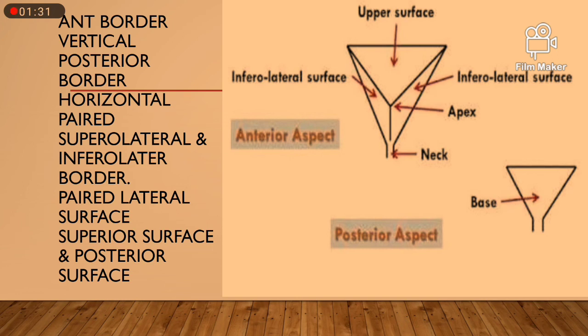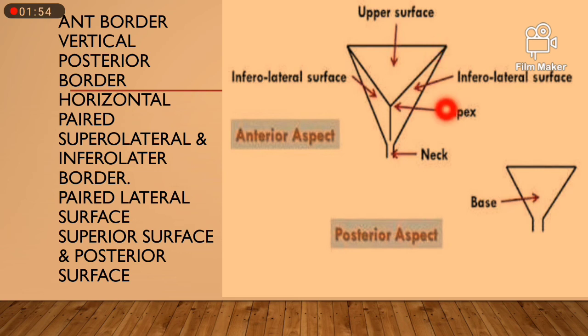anterior border, which is vertical. Here you can see this is the anterior border, which is vertical. Now the posterior border, which is horizontal. Here you can see the posterior border is horizontal. Paired superolateral and inferolateral borders. Here you can see these are the superolateral borders. These are paired, so two borders.